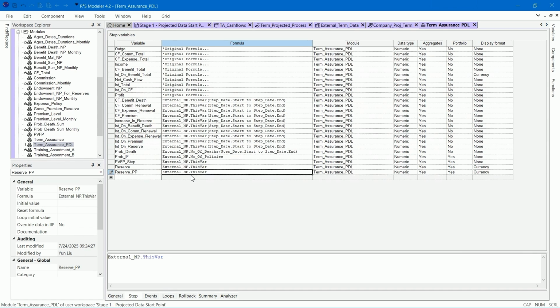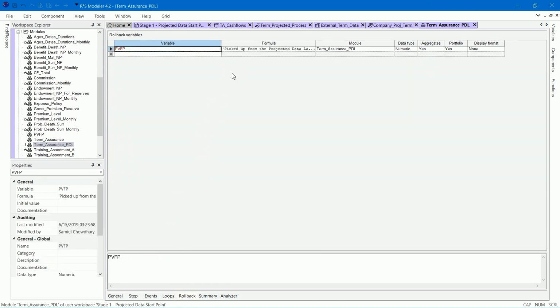Next is PVFP step. This variable will be referenced on the rollback tab via the PVFP variable. On the rollback tab, the variable PVFP will have the formula PVFP_step.start.